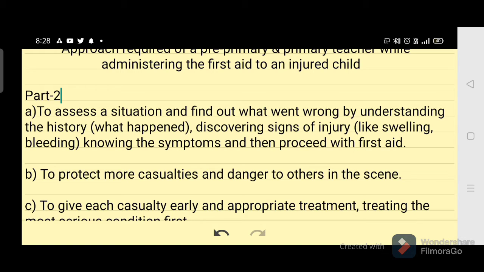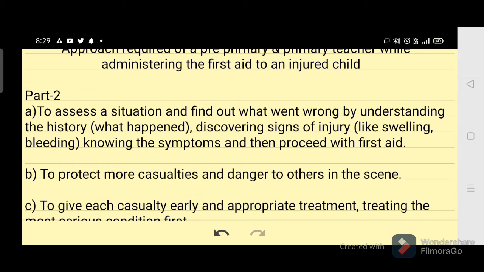And especially it is important to know how the injury is caused, whether it is an insect bite or a dog bite or a cut wound or a burn, that a teacher has to find out. Then discover the signs of the injury, whether there is a cut, whether there is bleeding or swelling at the injured place. Knowing the symptoms and then proceeding with the first aid, that is to first find out what happened, how